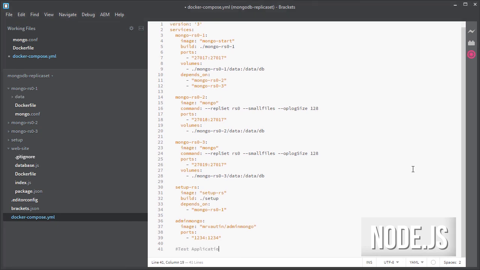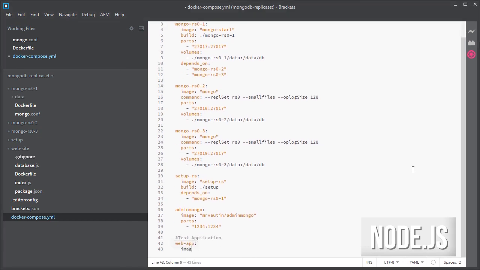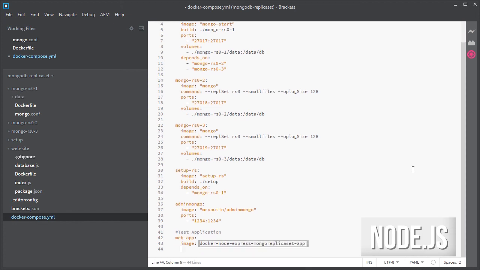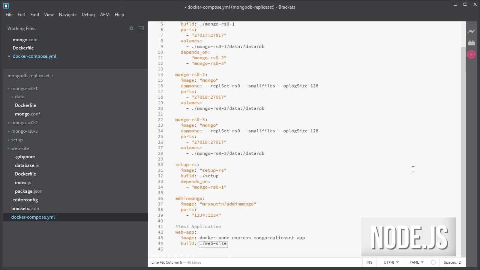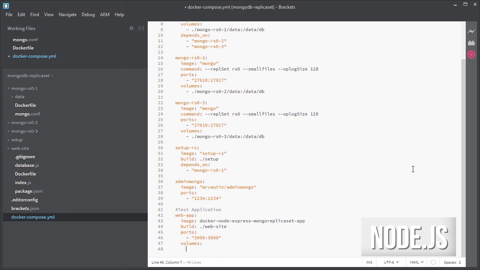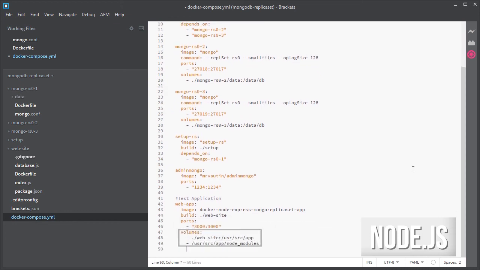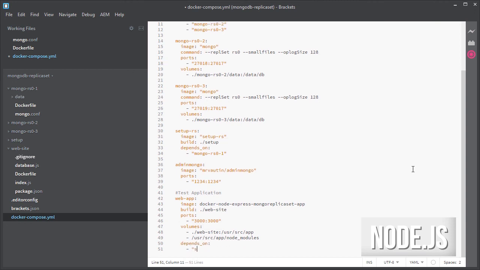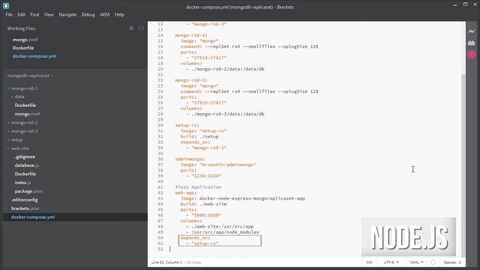Let's call the service web app, set a name for the image, the folder in which the Dockerfile is so an image can be built from it, map the 3000 port, set the volumes the same way we did in the previous video, and finally set a dependency to the